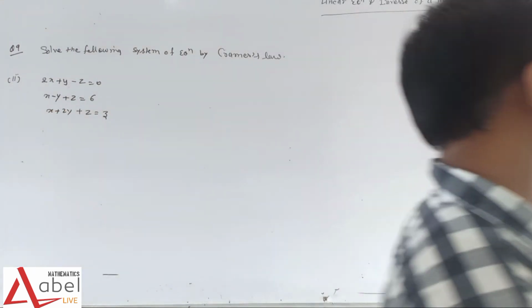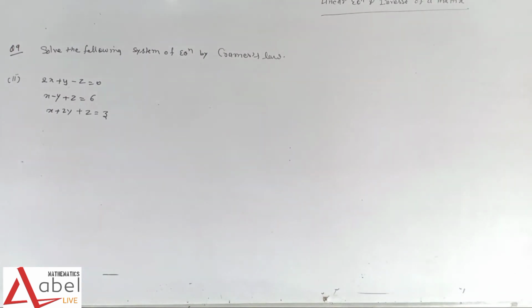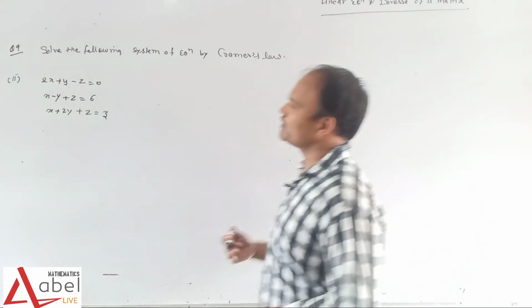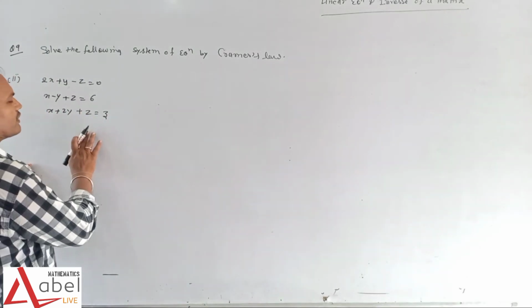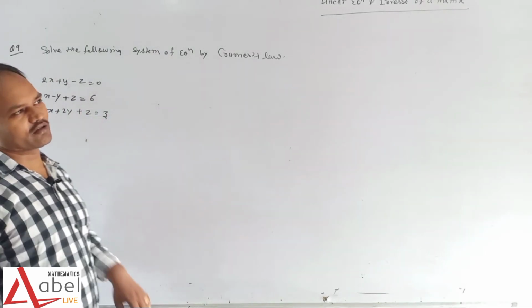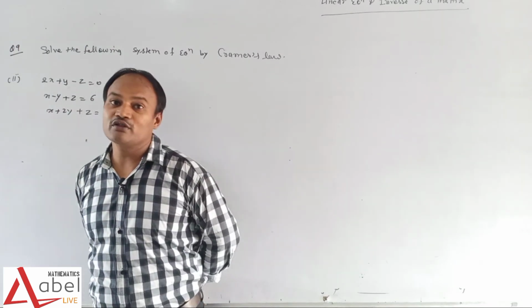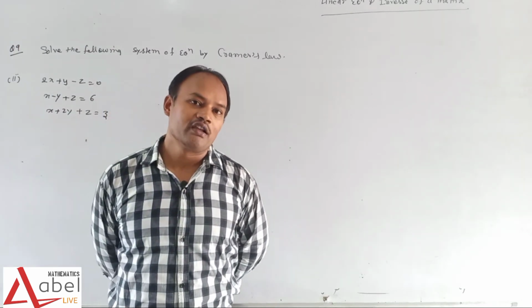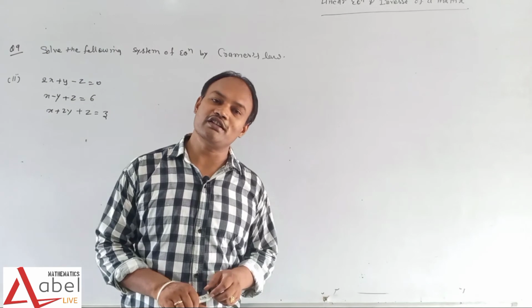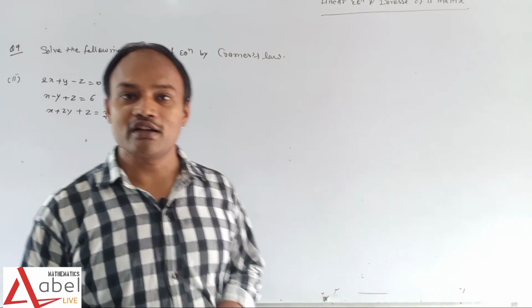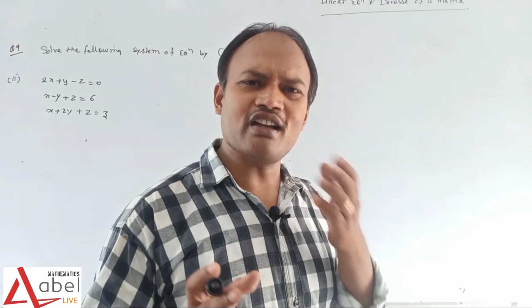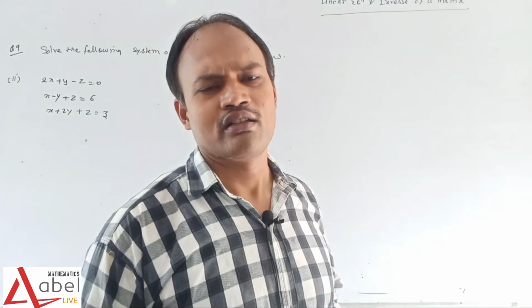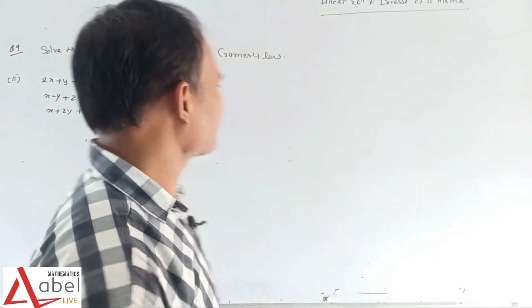This is Cramer's rule and we have to solve this by Cramer's rule. So we know very well how we can solve this question. So what is the delta? Let's see. I again repeat, we have to find the value of x, y and z. Always remember that we have to find the value of x, y and z. And if we have to find the value of x, y, z, then we require delta, delta 1, delta 2, delta 3. These are really very simple questions. There is only calculation, nothing else.